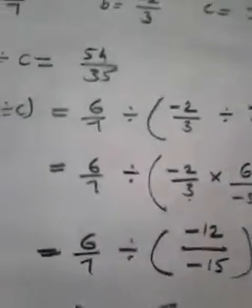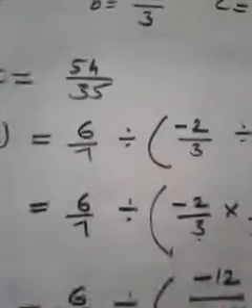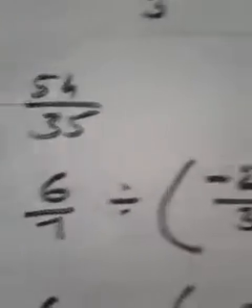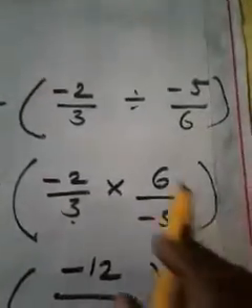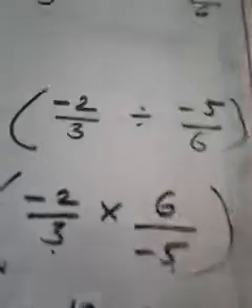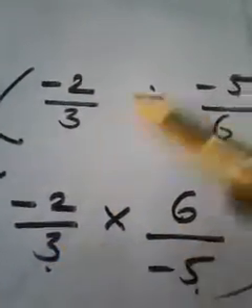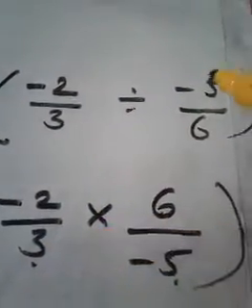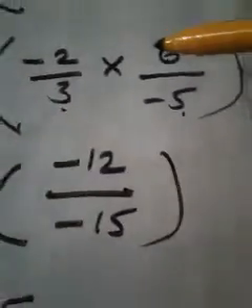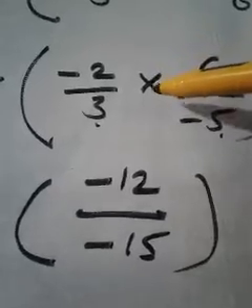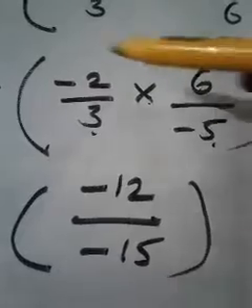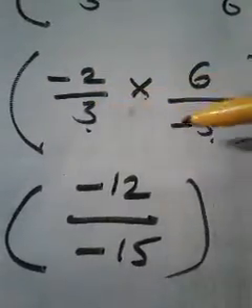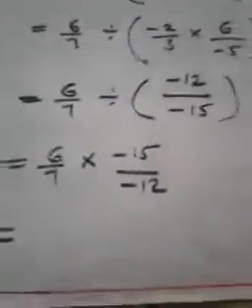Once again I am repeating, not finished. Let me repeat once again for better understanding. 6 by 7 divided by the things inside the bracket, you have to give preference first. That means minus 2 by 3 as it is, the division sign will be changed into multiplication, and the reciprocal of minus 5 by 6 is 6 by minus 5. First time as it is, division as it is. The next time, since it is multiplication, you know how to multiply two fractions. Multiply the numerator, multiply the denominator. Minus 2 into 6 is minus 12. 3 into minus 5 is minus 15. Any problem? No. So we have reached this much.